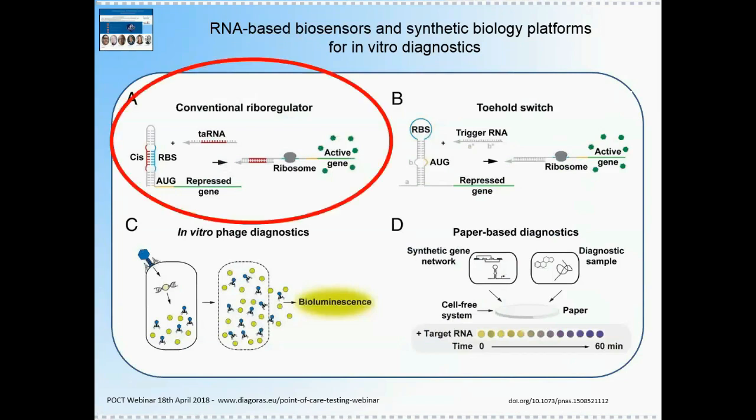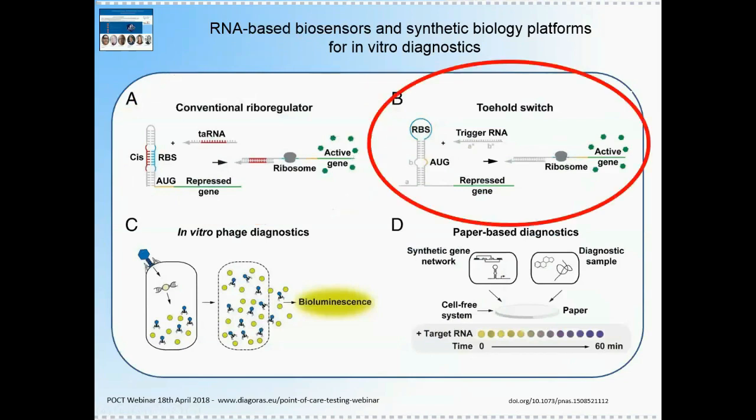So in part A, the inhibition of mRNA translation is relieved in the presence of a transactivating RNA. I don't have the time here to explain in detail, but the idea is that translation is inhibited. You see here, by this complex, the ribosome can't bind to the ribosome binding site until this RNA interferes and produces a linear gene, and then the ribosome can bind to the gene, and you get a production of proteins.